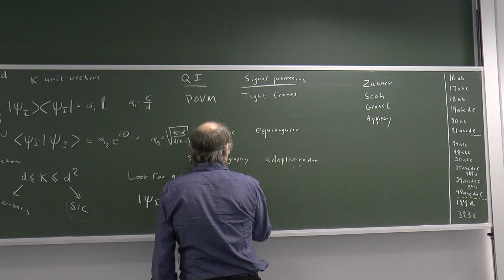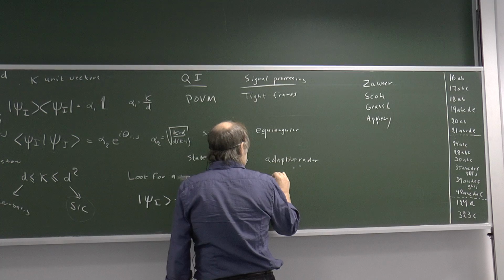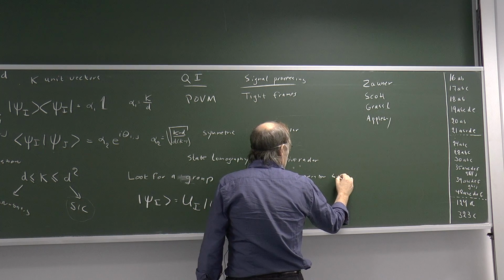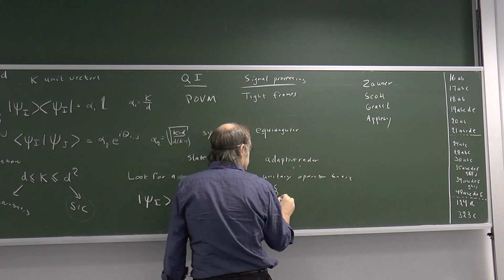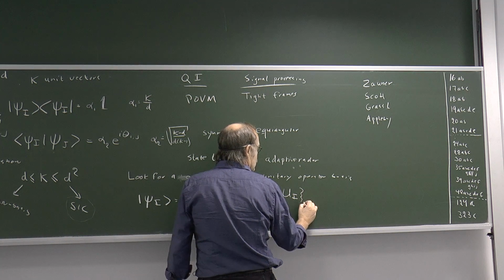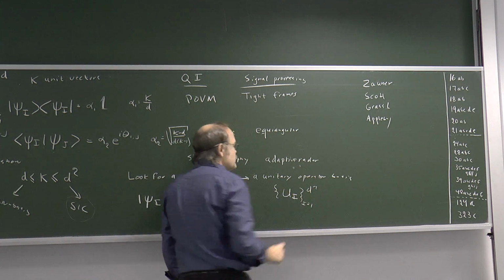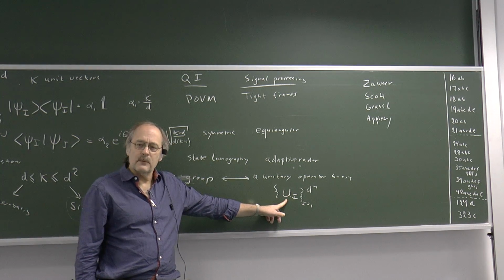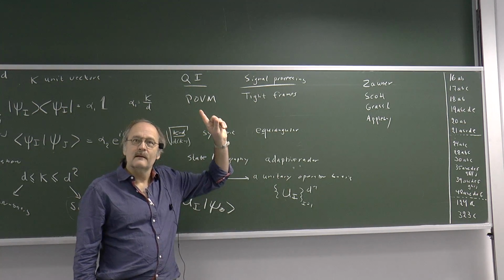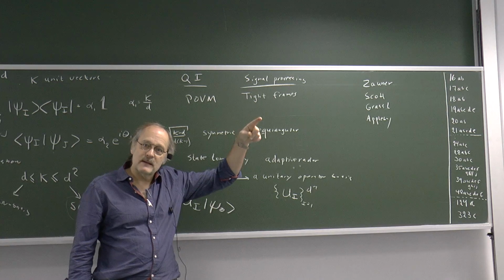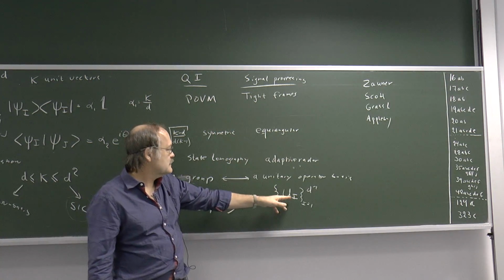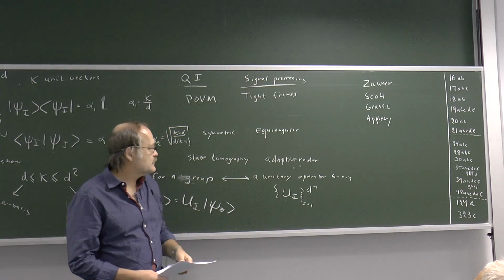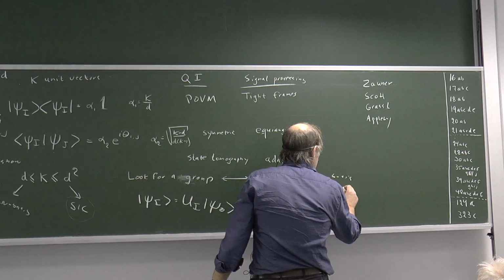Let the group be a unitary operator basis. What that means is that, up to phase factors that should exist, well, we have to have this, right? There should exist d-squared group elements which form an orthonormal basis for the set of all operators acting on the Hilbert space. The set of all operators acting on a d-dimensional Hilbert space is in itself a d-squared dimensional Hilbert space, and you're asking for a group such that its group elements form an orthonormal basis there. That's called a unitary operator basis. This was introduced by Schwinger